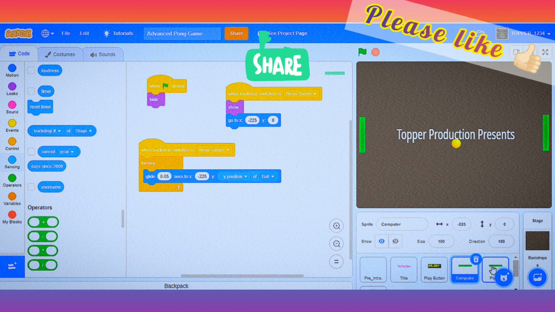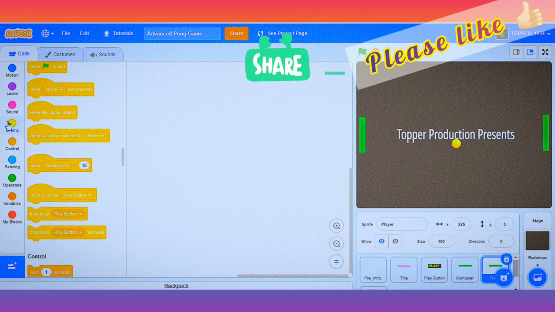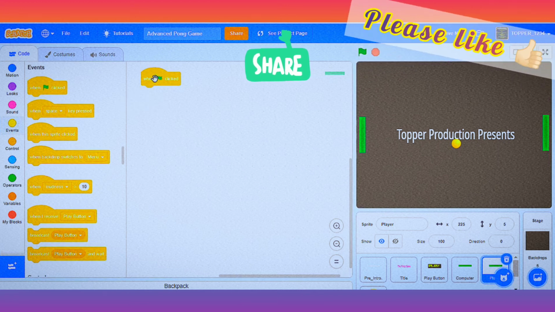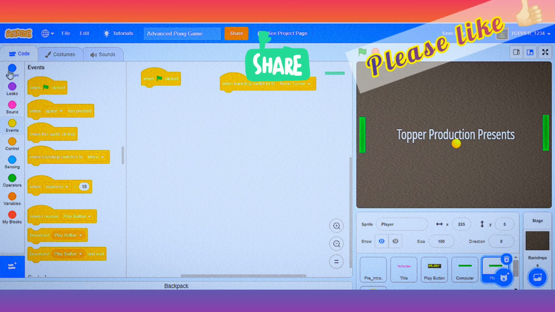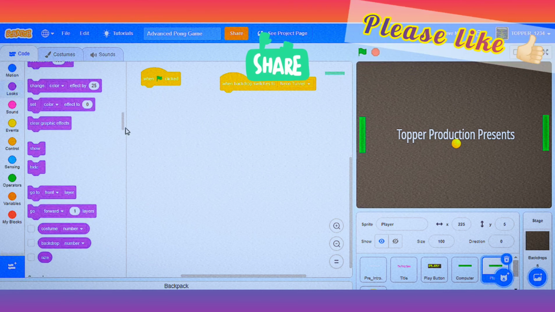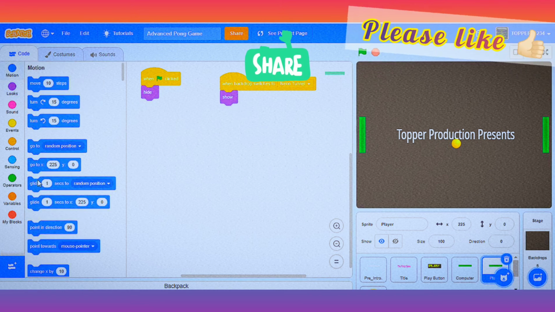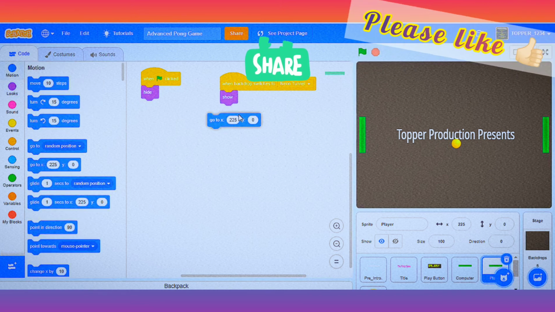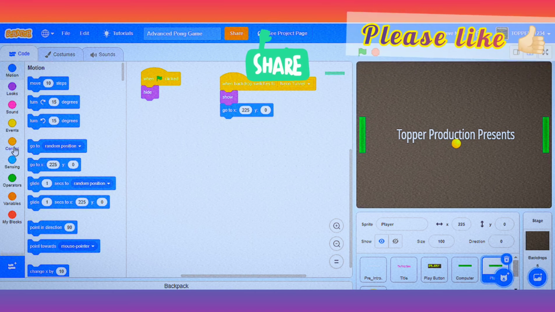Now once we are done with the computer paddle, we'll go to the player one. Go to events, when green flag click and when backdrop switches to neon tunnel. Go to looks and select show and hide blocks. Now we'll select the go to X and Y block and forever.